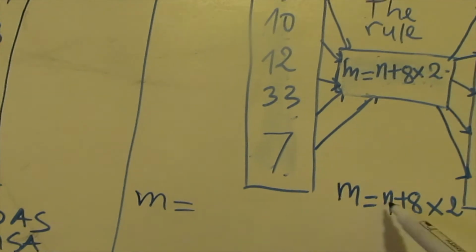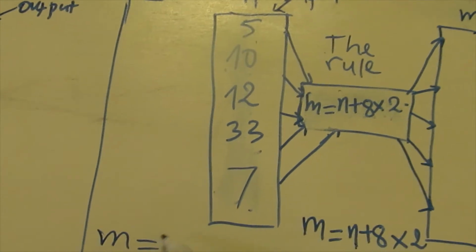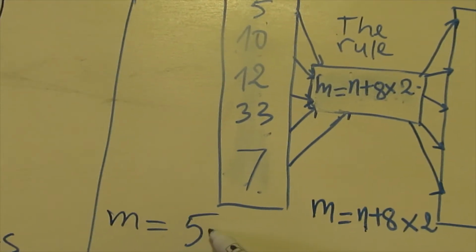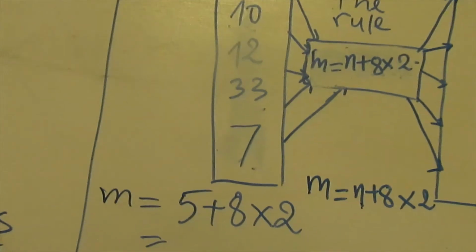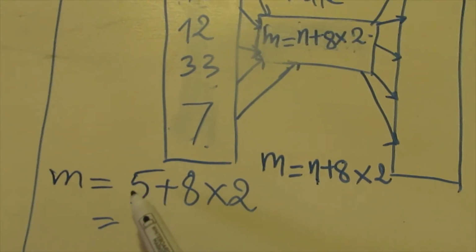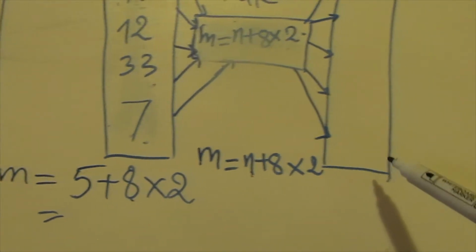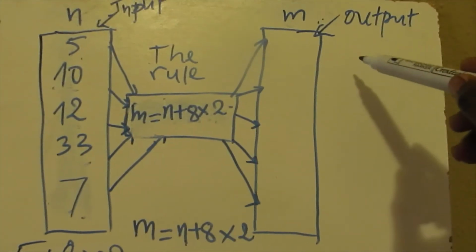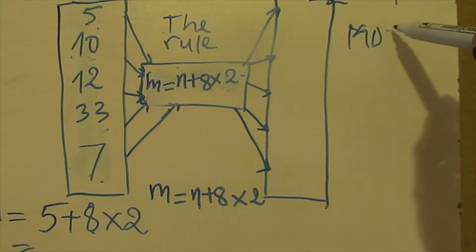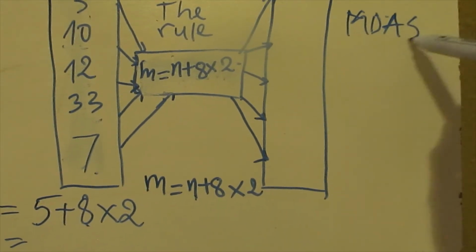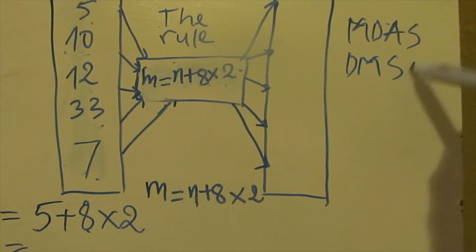M equal to N. So we get our first input, that is 5. We replace 5 plus 8 times 2. To solve this one, you cannot solve by adding 5 plus 8 directly. No, you must respect the order of calculation. That is why you will use this law, M D A S, or D M S A, meaning